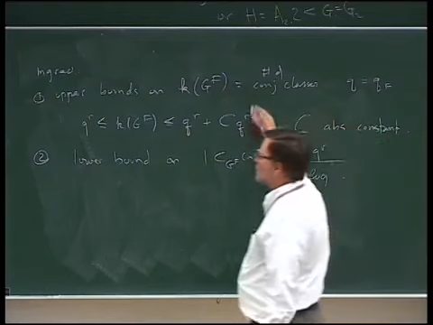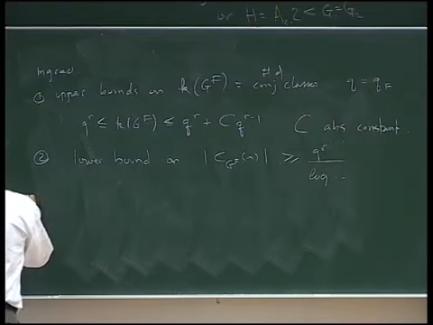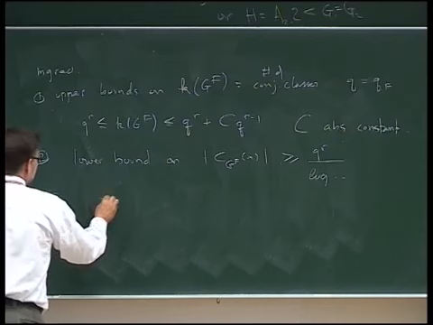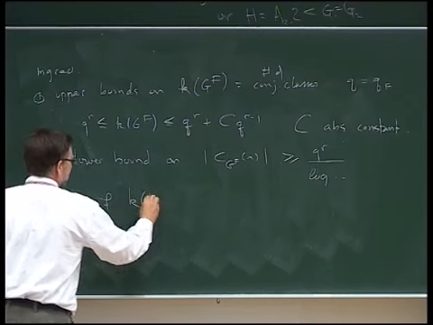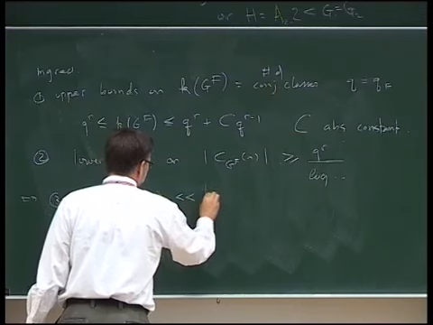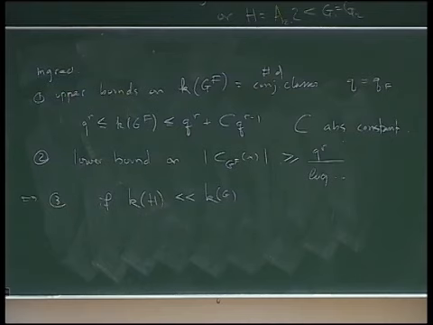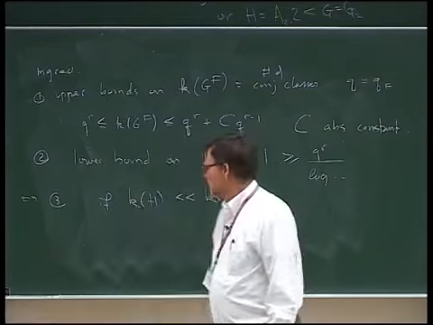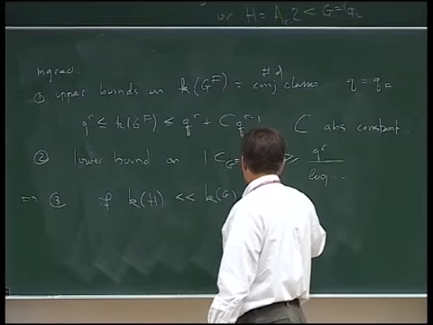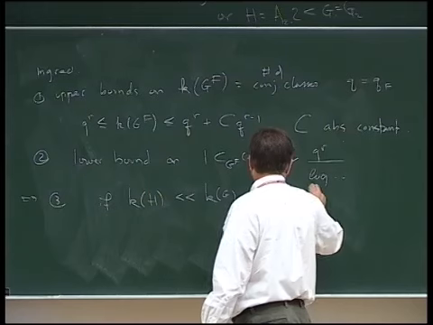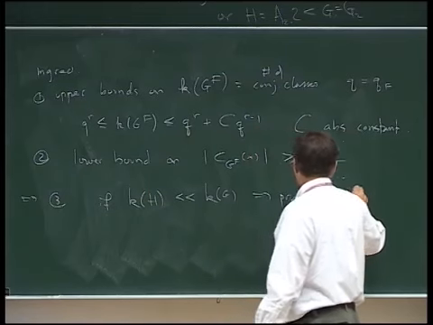So if you put these two things together, what it tells you is that if the number of conjugacy classes of H is a bit smaller than the number of conjugacy classes in G, then you just take the union of all the conjugacy classes that intersect H, and this implies that the proportion of derangements is big.